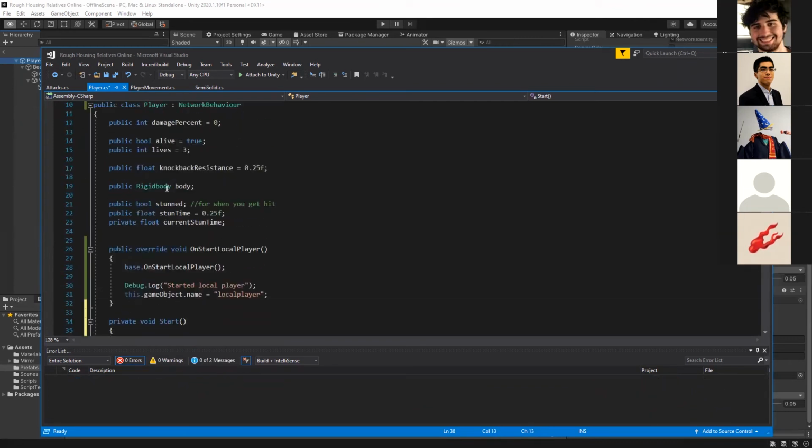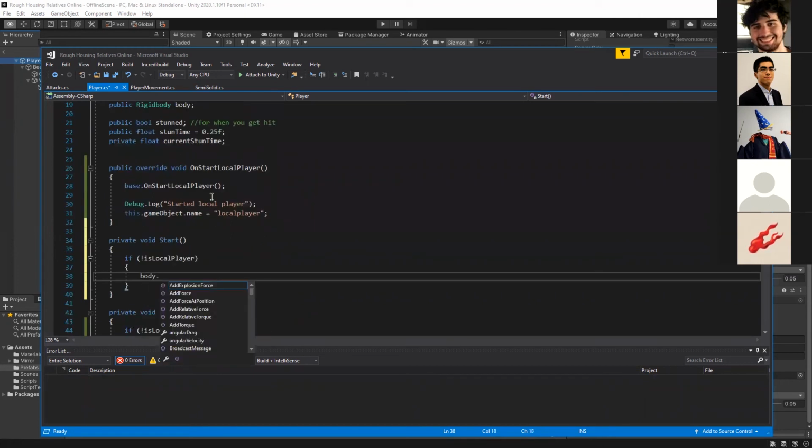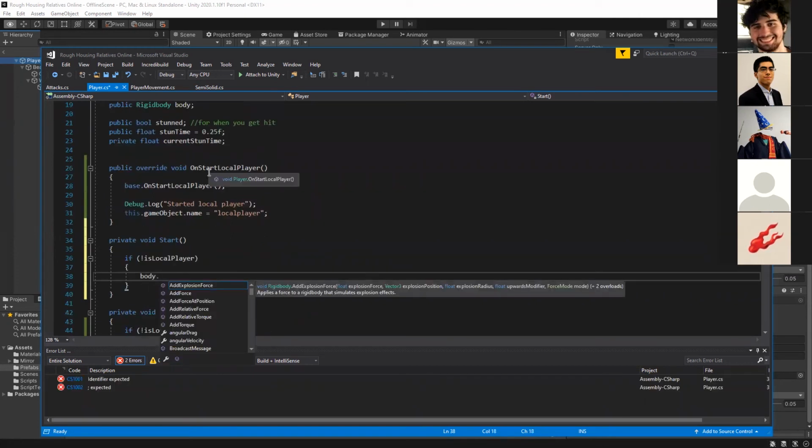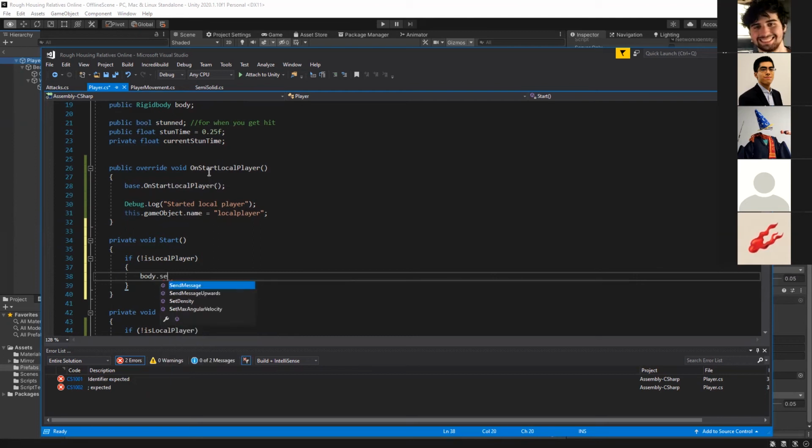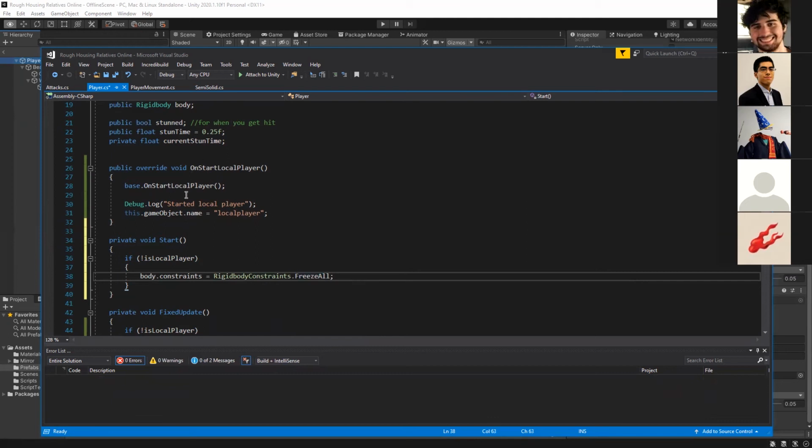We're going to take our rigid body, which is just body, and then we're going to set the constraints. Rigid body constraints dot resolve. So what this will do is that if the script starts and we're not the local player, then all of the constraints on the physics on the rigid body will be enabled.